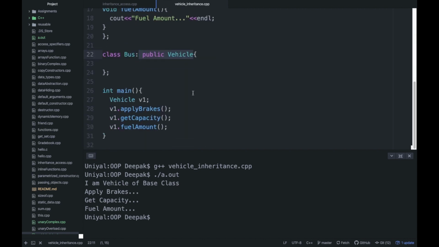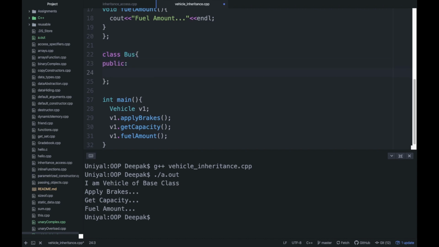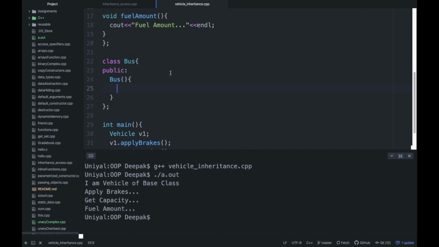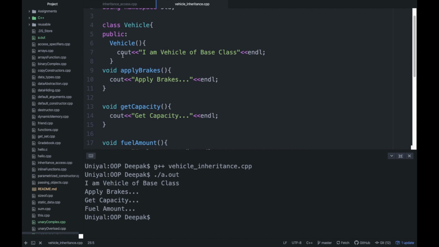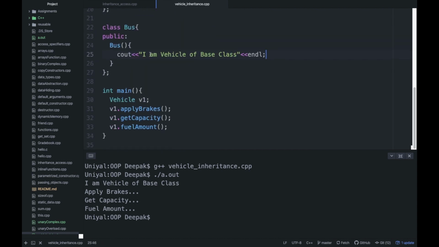But what if we remove all this? Then you have to create some functions here, and the first function that I am creating is actually a constructor. I will copy this from here, and then I can write "I am bus of bus class", right?